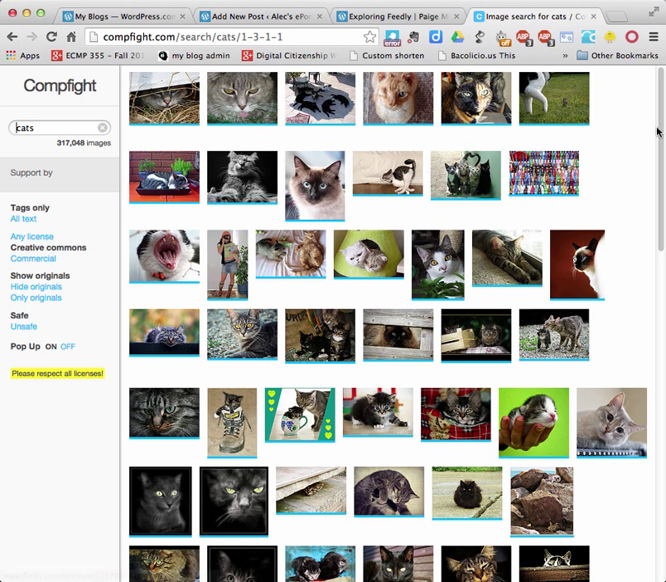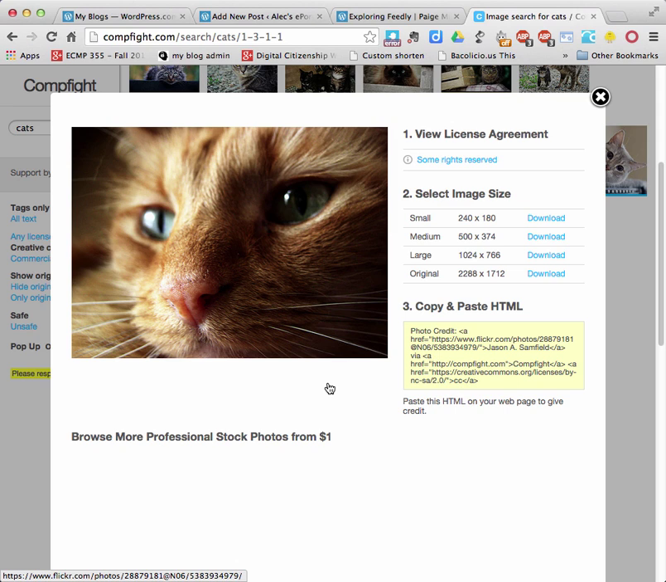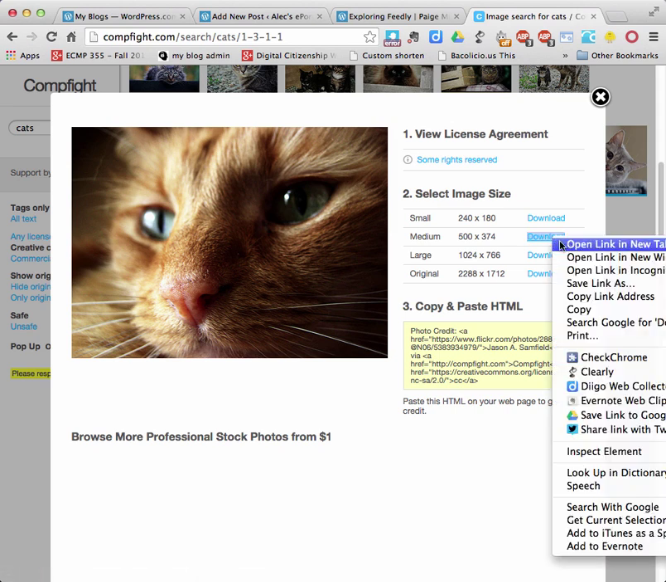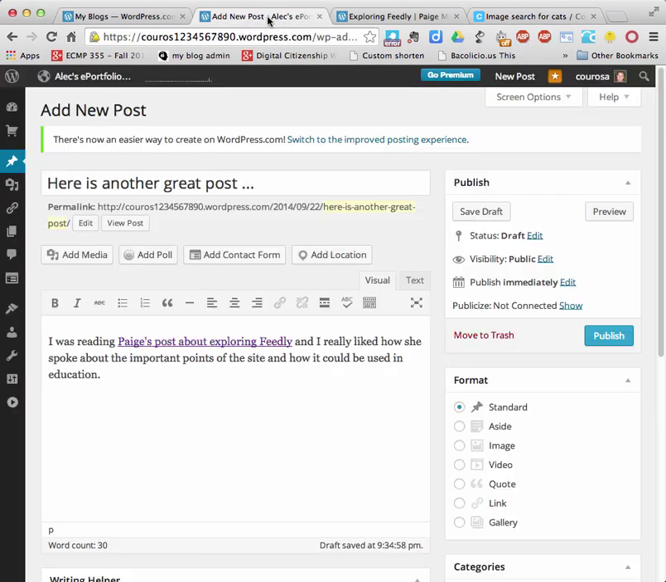So I can use any one of these cats. I particularly like, let's see, this one looks rather pensive. And what I can do here, a couple of things. First of all, if you don't want to download the image, you can see that there's a number of different images here. And I need about a medium-sized image, about 500 pixels by 374. Sounds good. I'm going to right-click, or on a Mac, control-click, and then copy the link address. So what I can do here is go back to my post,